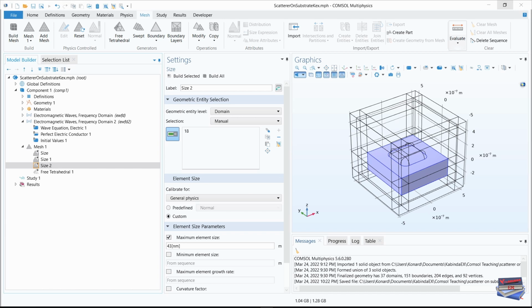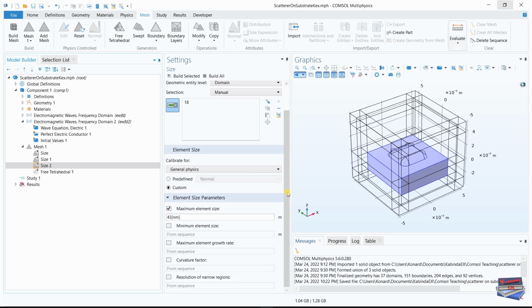And let's make this our wavelength for the maximum element size. Our wavelength divided by 6 divided by our refractive index substrate, which is NB. Okay,